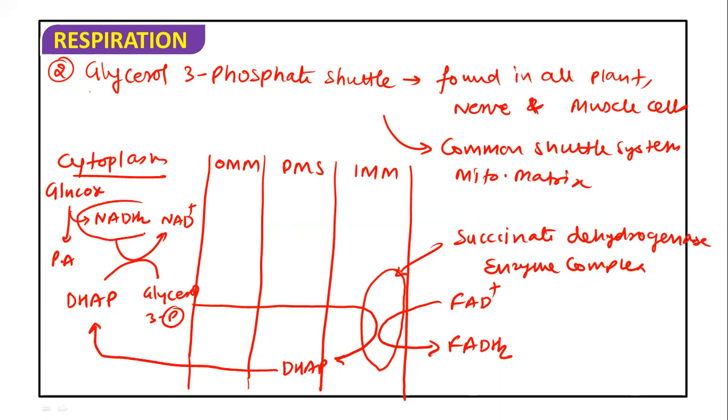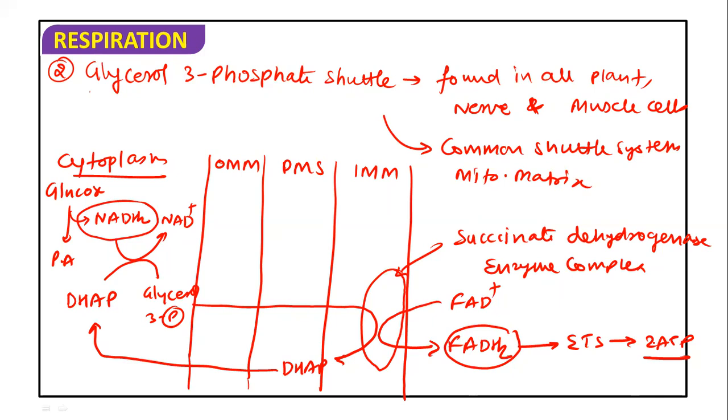So here glycolytic NADH2 gives its energy in the form of FADH2. Means glycolytic NADH2 is forming FADH2 inside. So this FADH2 enters and gives rise to 2 ATP. So when this shuttle is active, we cannot count glycolytic NADH2 as equal to 3 ATP. We will count glycolytic NADH2 as equal to 2 ATP because NADH is not entering the ETS. NADH first forms FADH2 and then FADH2 enters the ETS, so it will give rise to 2 ATP. So we consider glycolytic NADH2 equal to 2 ATP in this.